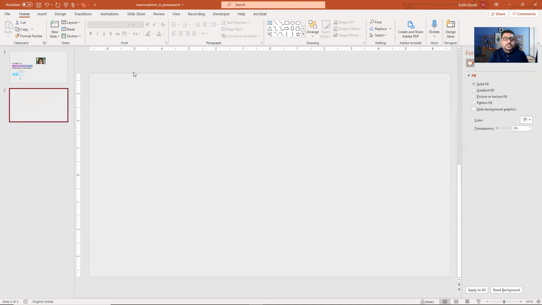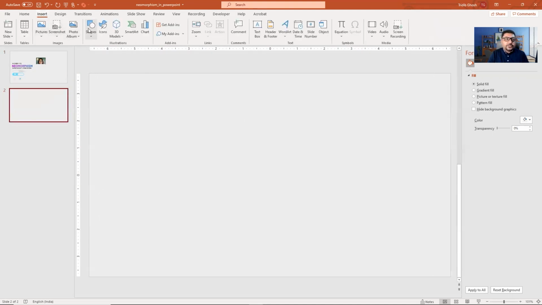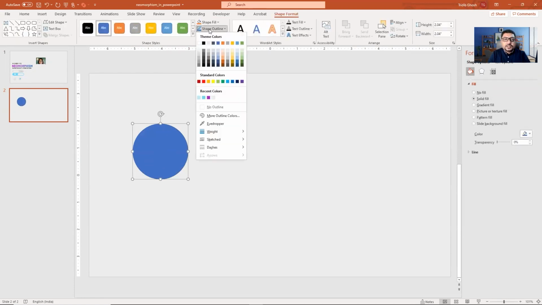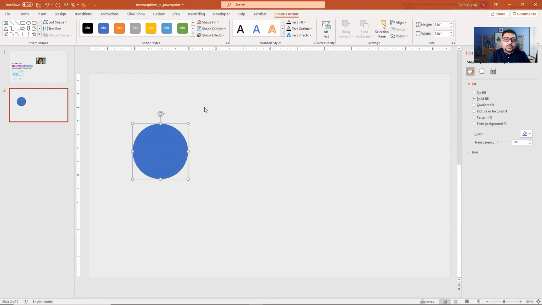First of all, we have to insert a shape. Let us first take a circle. Lovely. No neomorph object has an outline, so we remove the outline first, and we will have the same solid color that we have taken for our background, so it is almost invisible.